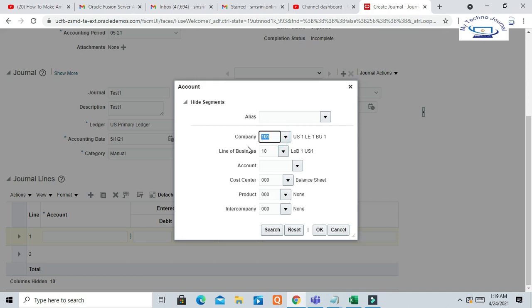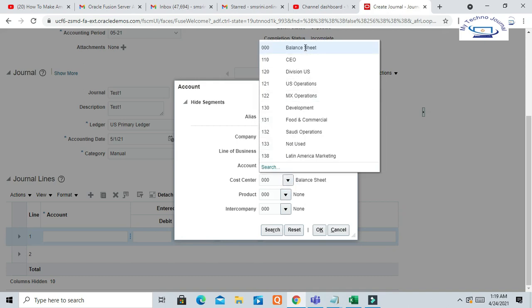For example, for company segment 101, or this US1 legal entity, they are dealing with only specific cost centers, not all the cost centers. But the user is able to see all the cost centers while entering entries.